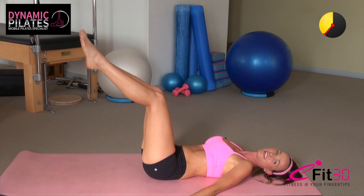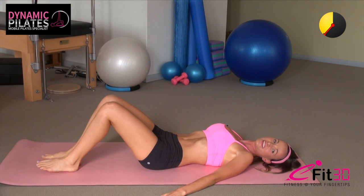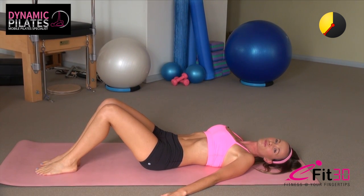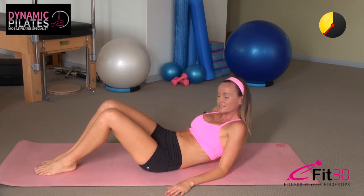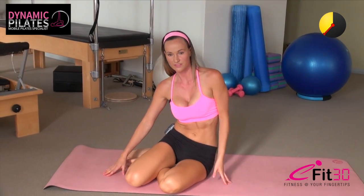Good, and release the knees. Release one foot to the floor and the other foot to the floor. And we're going to roll over onto our sides now gently. And we're going to come over onto all fours. So